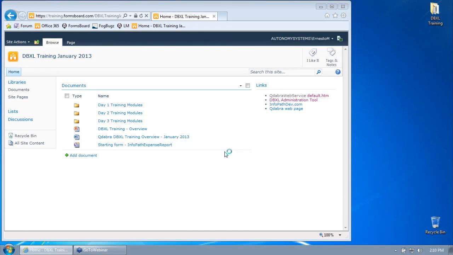So next we're looking at Module 6. The goal of Module 6 is to get familiarized with QueryDocumentNodeSet. QueryDocumentNodeSet is a web service within DBXL. And